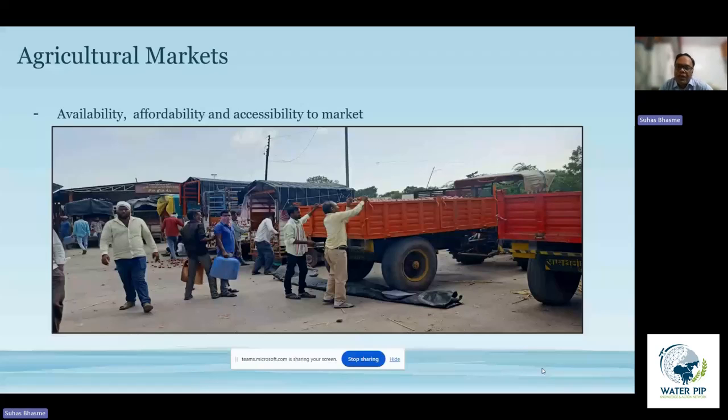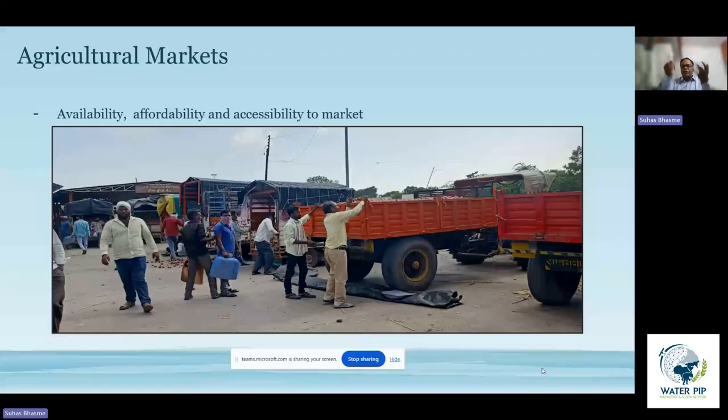Whereas on the other hand, we find that the large landholding farmers are actually in a beneficial position, because they divide their land in such a way that they make every plot available for a particular price in a market. So you ensure that you are able to avail the profit that is there in terms of the price fluctuations as well.